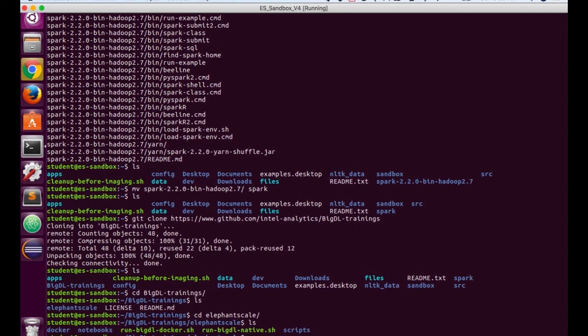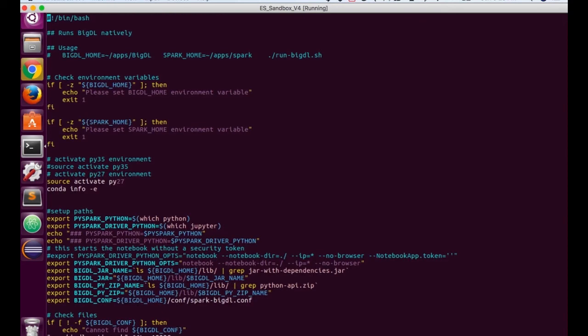All right, so now I have a run BigDL native script here, and we can also run BigDL Docker if we have Docker set up here on the VM. I'm going to look at the run BigDL native script, and notice I need the BigDL home set properly to my location for BigDL, and also my location for Spark.